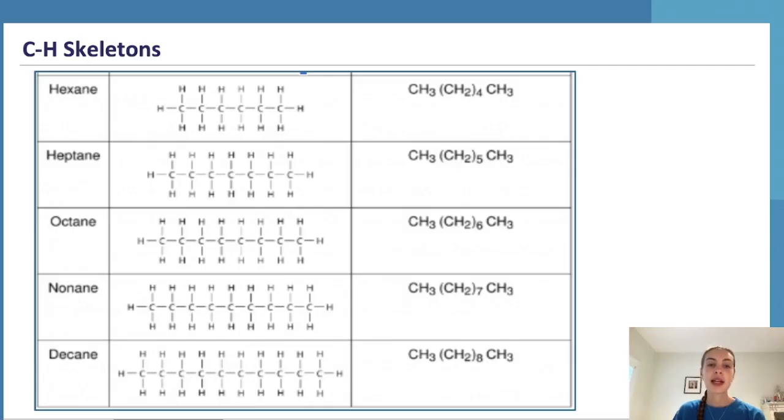6 becomes hexane. 7 heptane. 8 is octane. 9 is nonane. And 10 is decane. And so what you'll notice about these is that as you delve further into organic chemistry, these prefixes don't just apply to our general basic alkane molecules, but also apply to other molecules such as our